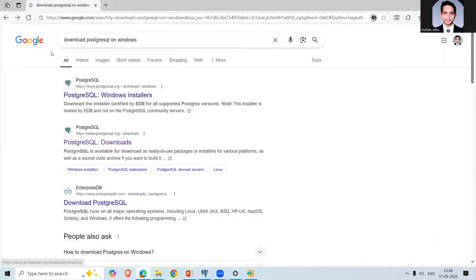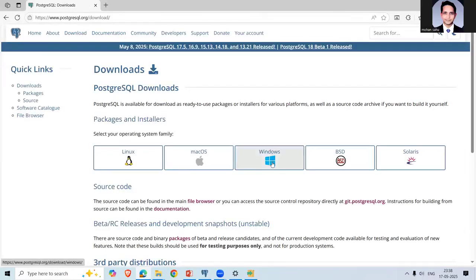For that, you can go to Google and search for download PostgreSQL on Windows. If you select the second option, it will route you to another website. Here you can click on Windows because we are selecting Windows for these sessions. Here there are multiple other options where you can download PostgreSQL. You can download from here itself. Okay, you can go to Windows